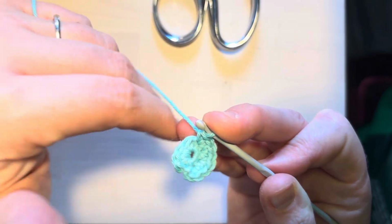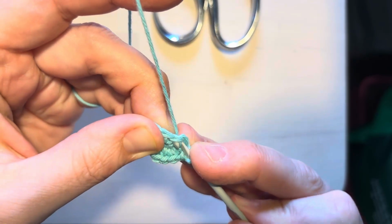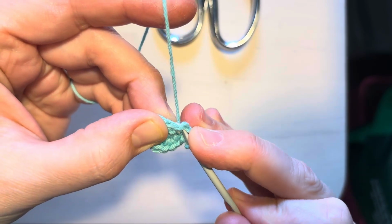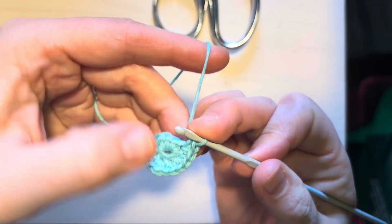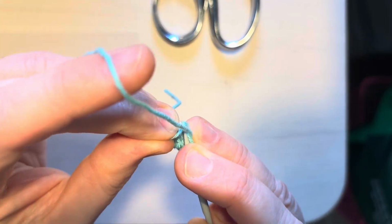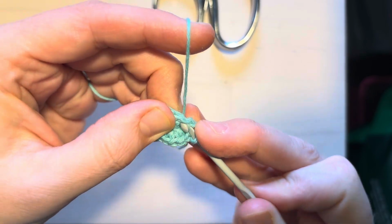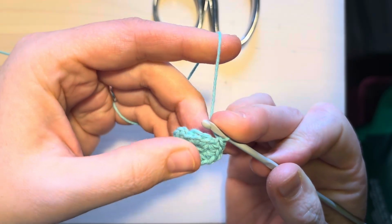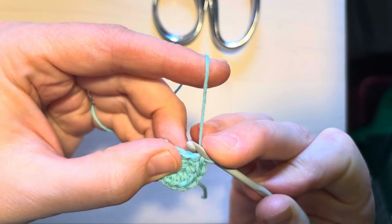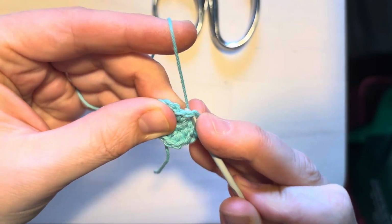Dirt off. Here we go. Next hole, 9, this is stitch number 10. I'm starting to get a little bit loose. I'm just going to give it a little tighten here. 11, back in the same hole, 12, new hole, 13, same hole, 14, next hole, 15,